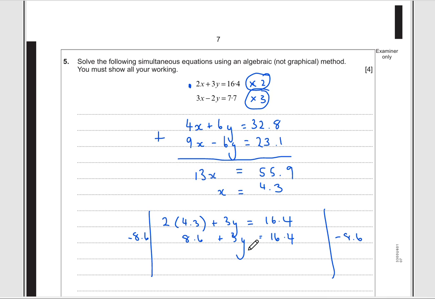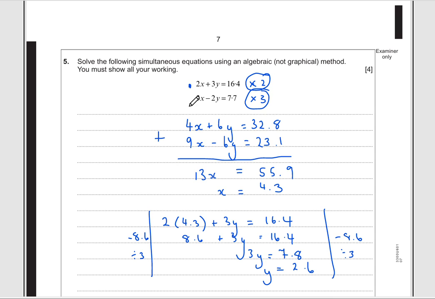The 8.6, that's going to give me 3y is equal to 7.8. Divide by 3, and y is equal to